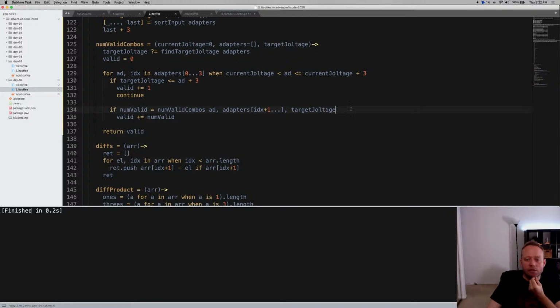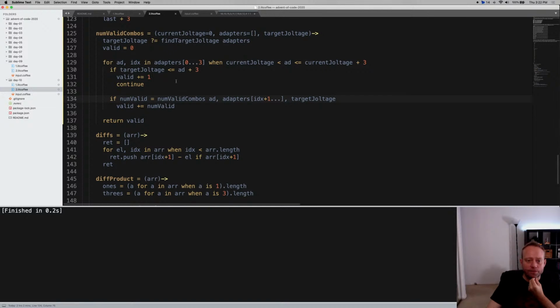So this is slicing them, target joltage. Target joltage is something that we pass in. Current joltage, adapters. So we're still creating a new adapters array every time, which is a slice, basically. And if target joltage, then that's valid, and we continue. Else we are doing this, and then returning the value. So I wonder if this is just conceptually the wrong way to go about this, which is certainly possible, or